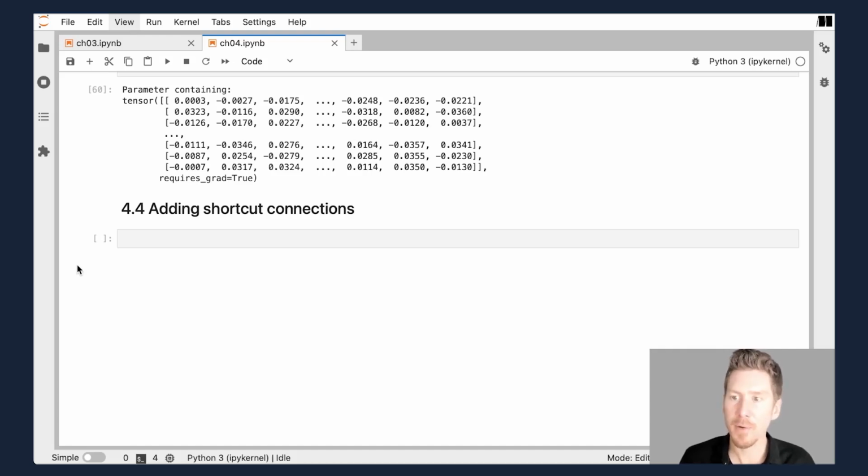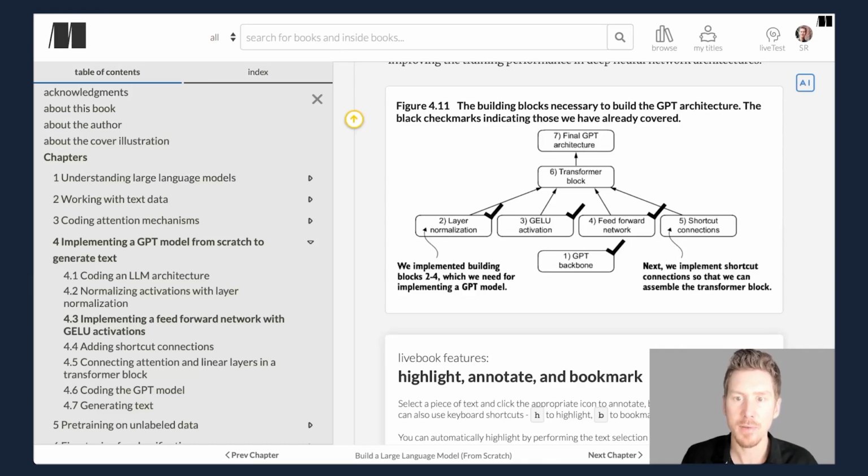In this section, we are going to talk about adding shortcut connections. So far, our goal is still to implement this final GPT architecture. We started off with this GPT backbone, this dummy GPT placeholder code, and then we filled in individual building blocks. For example, in the beginning, the layer normalization, and then in the previous section, we talked about the GELU nonlinear activation function, and we implemented this small feed-forward neural network module